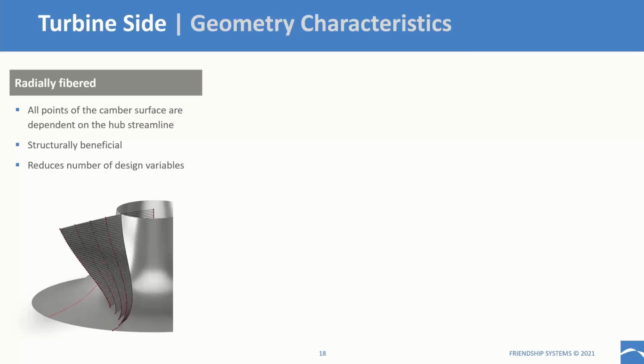As you can see in the picture, we have our hub camber line on the hub, and then going from the axis of rotation, if we extend radially outward through our hub camber line, we obtain the camber surface. And that's structurally beneficial because basically it aligns the fiber of the blade with the